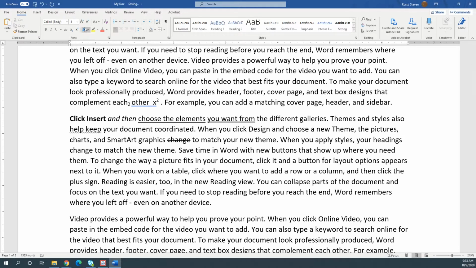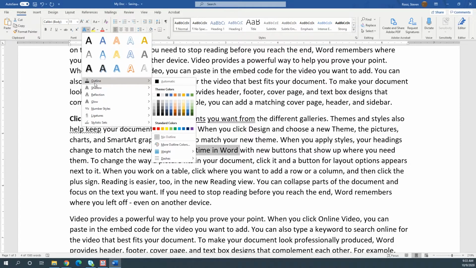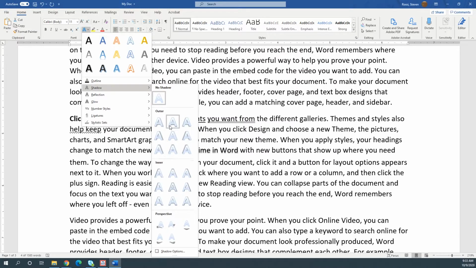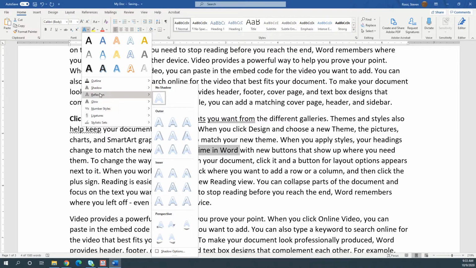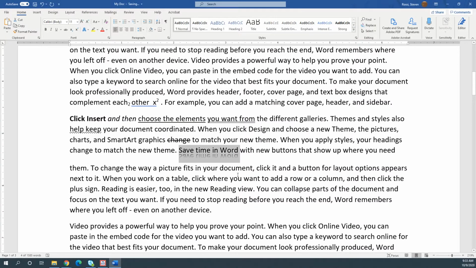We have different kinds of things we can do with the fonts. There's a whole bunch of different fancy things to do with the fonts here. We can outline them, put a shadow under them, do a reflection underneath them. I'll let you just mess around with that later, but we're going to go to the next one, which is